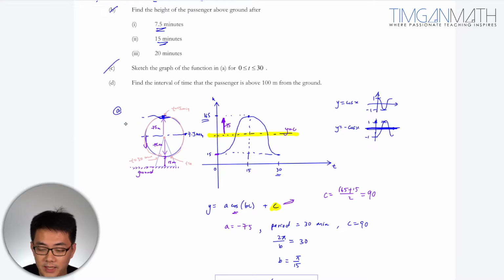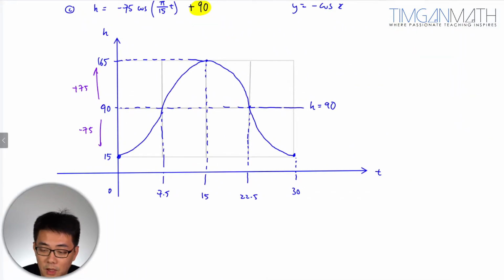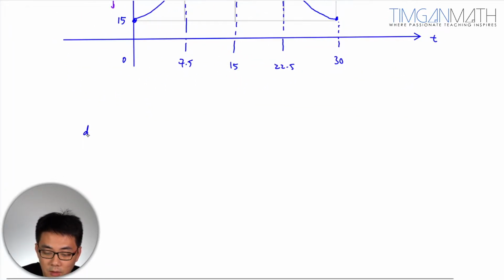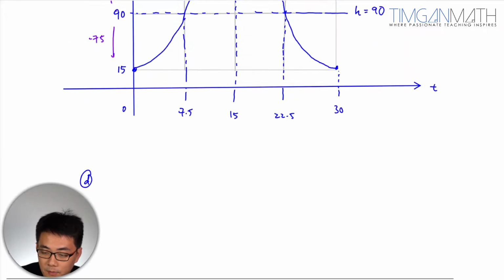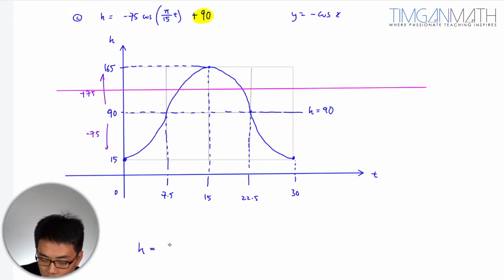Okay, after which we're going to look at part D, for the interval of time that the passenger is above 100 meters from the ground. Now this is where most students would have a problem understanding this. If you want it to be more, now you can't do this. So this is a grave mistake. You have to be basically okay, maybe I should just write H, which is actually the graph here, goes to minus